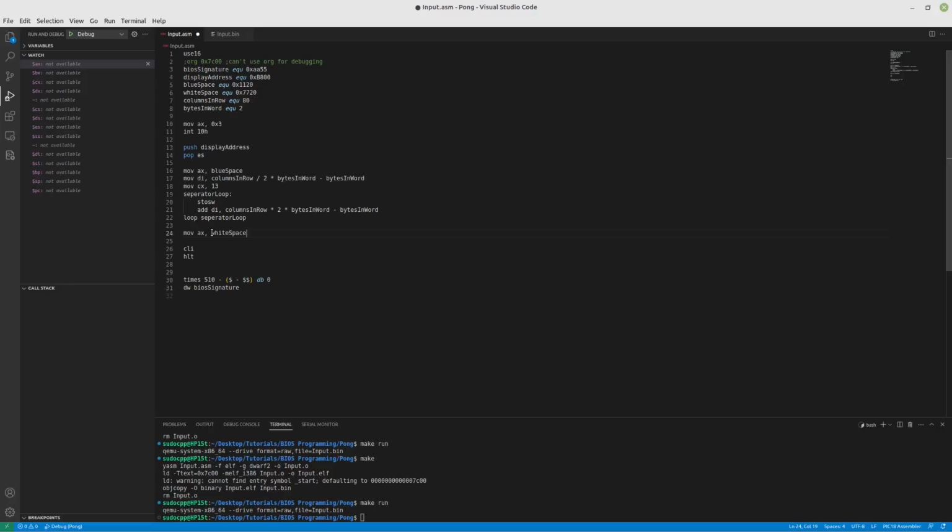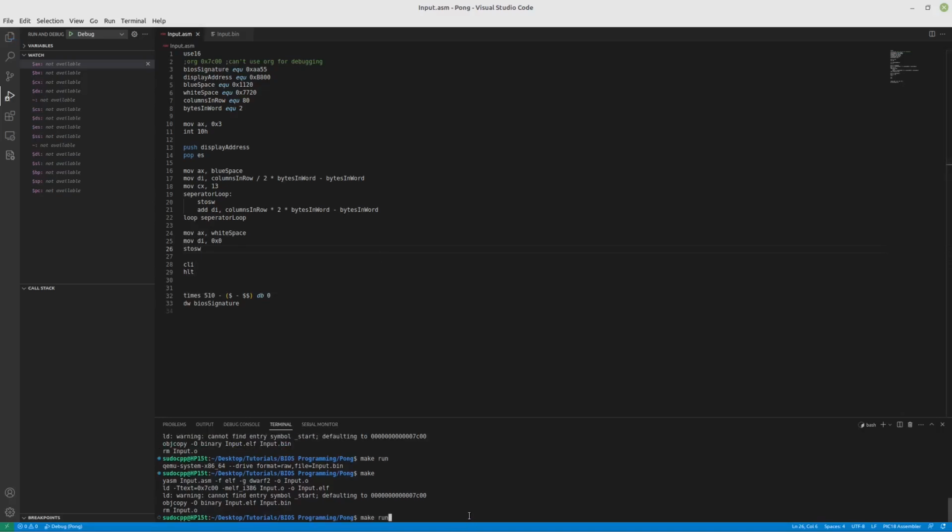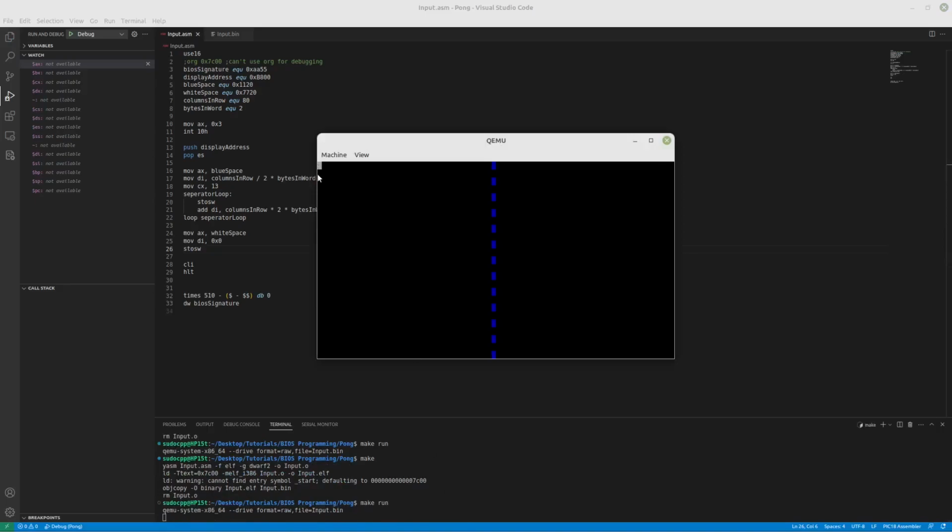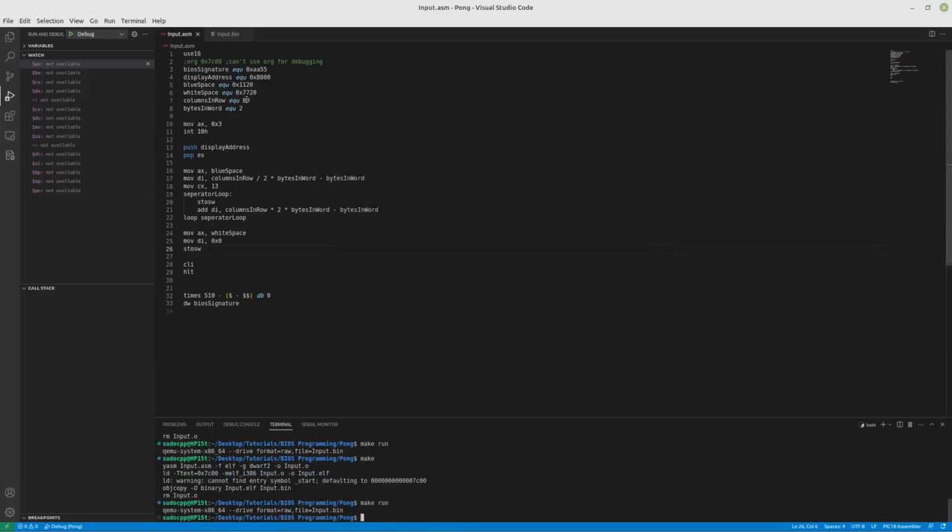Now for our DI, we're going to move 0 into our DI. We're going to just start at the very top. And let's store a string word. And let's run that real quick. Yep, there's the beginning of our paddle. So let's specify a paddle height